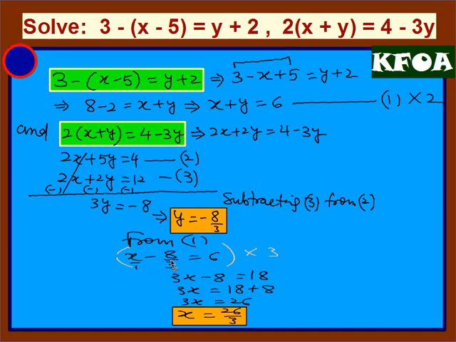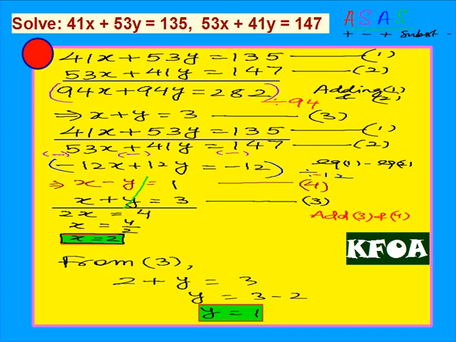So substitute in equation 1. So you will get (x minus 8)/3 is equal to 6. Or you can write, take LCM or multiplying both sides by 3. I told you we can multiply by LCM both the sides, it becomes easier. So 3x minus 8 is 18, 3x is 26, x is 26 upon 3. You can check your answer for your satisfaction.